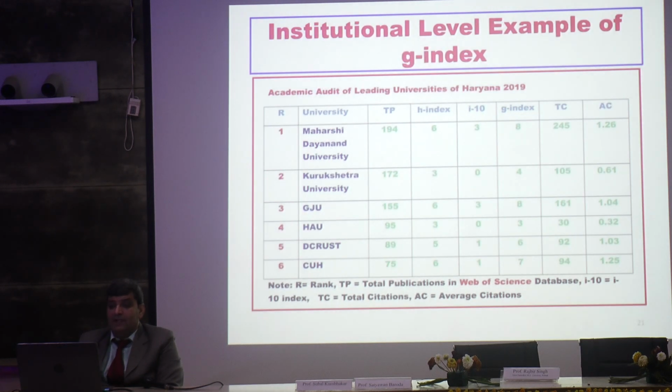Institution level example of G index within state. In state, we may compare some state universities. And as I usually claim that Maharshi Dayanand University is much better in state, our total publication index is also given by the same indicator. And we have used these metrics